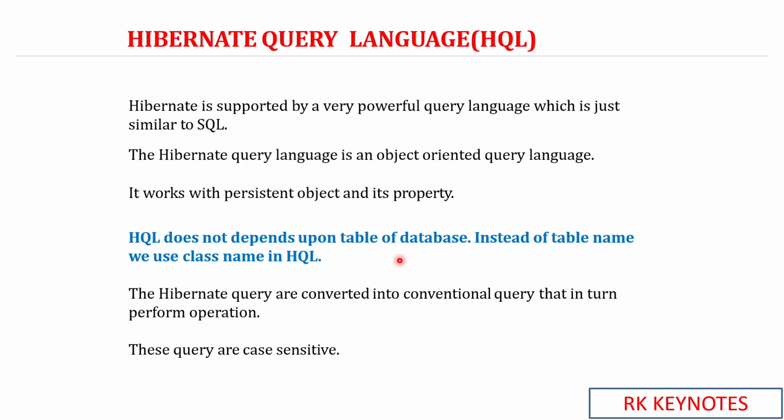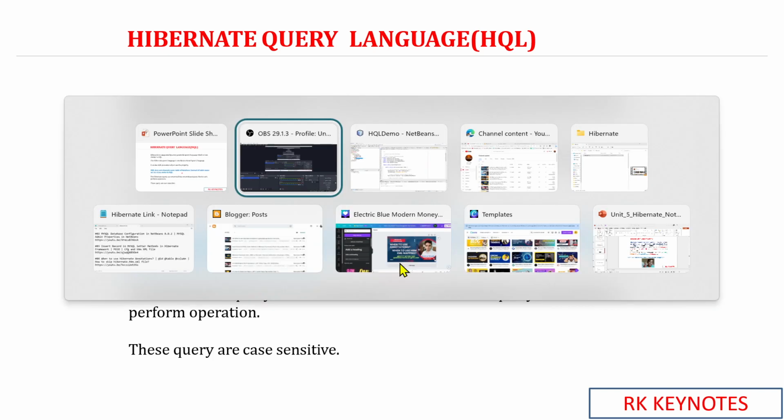But in Hibernate, even if you rename the table name, which will be automatically synced, and though we are not going to use the table name in our queries, we'll be using the class name. So nothing will affect our code. Fine. All right. Now let's dive into the demo